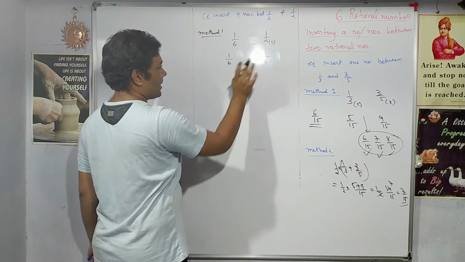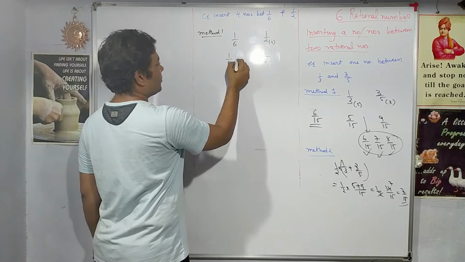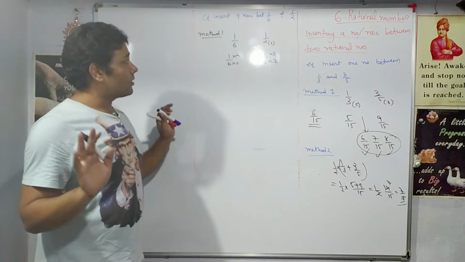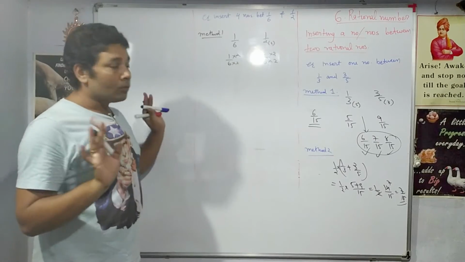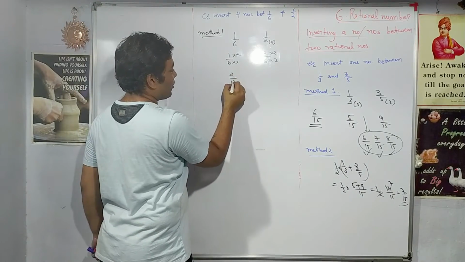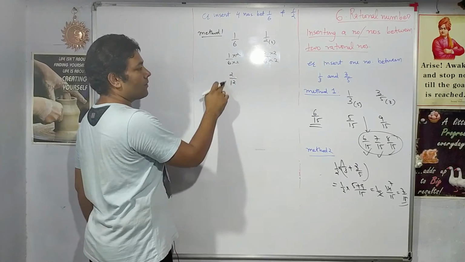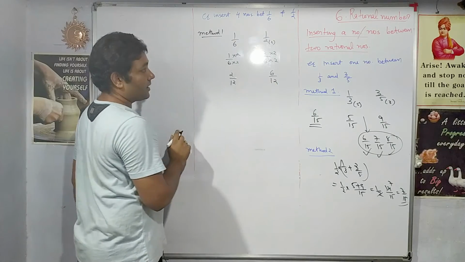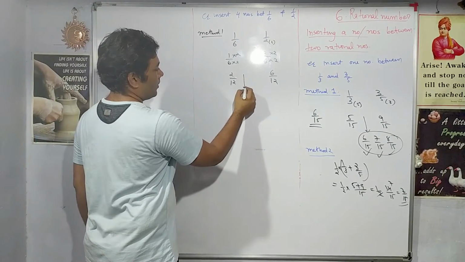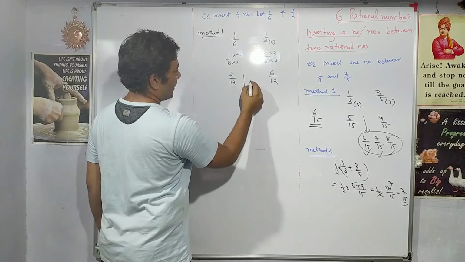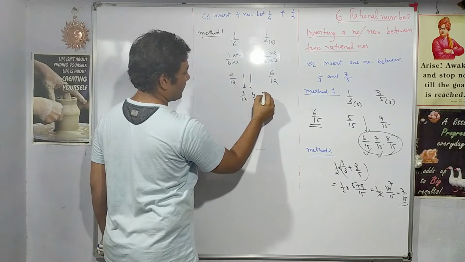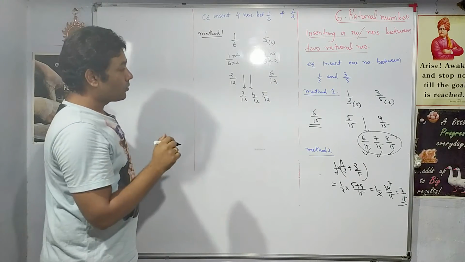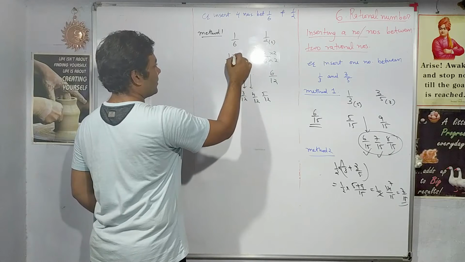Now in this case, you will multiply numerator and denominator with 2, or you can also multiply with 3, but let me multiply with 2 here. So it will become 2 upon 12, right? 1 upon 6 is equivalent to 2 upon 12. So the other side will become 6 upon 12, right? Now can you insert 4 numbers? 3 by 12, then another number can be 4 by 12, 5 by 12. Yes, but still there are only 3 numbers. What to do? As I said, multiply it with 3 now.